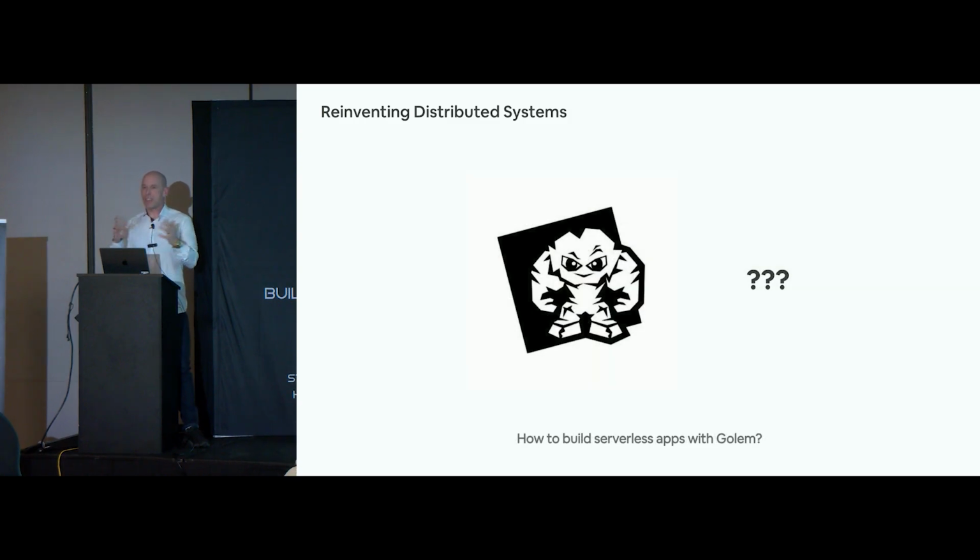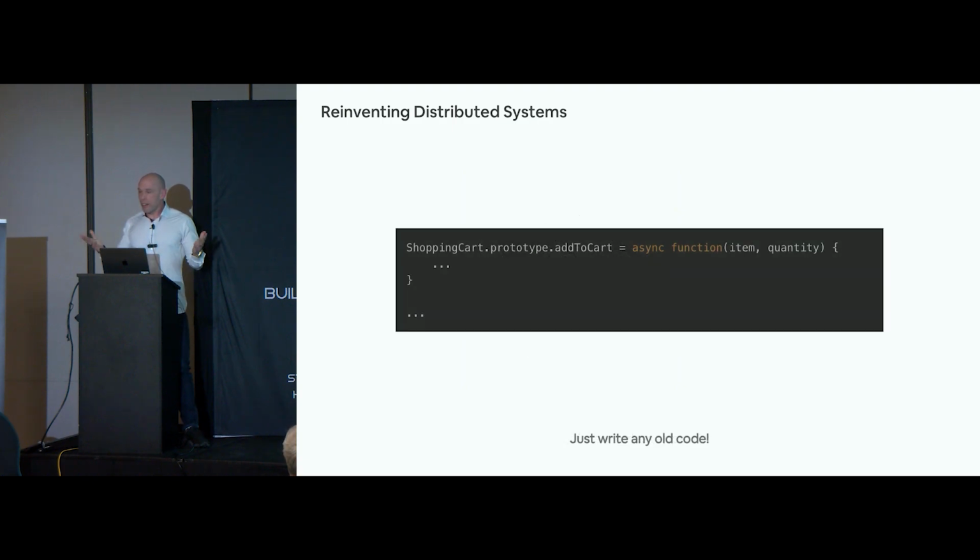All right, so back to Golem. What does it look like when we're building serverless apps with Golem? Well, this is the really fascinating thing here. You just write code. That's it. You just write ordinary code. There's no request, there's no response, there's nothing like that. There's just writing code. And you write code using whatever programming language you want, whatever libraries and frameworks you want, ordinary code. The only difference is you say, hey, I want to export this function, or this data type, or this class, or interface, or whatever.